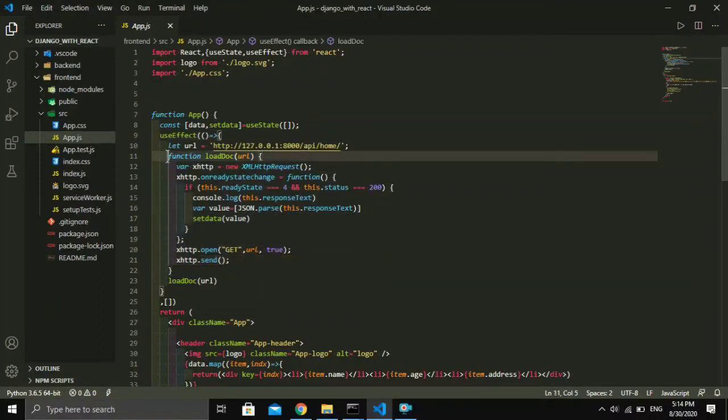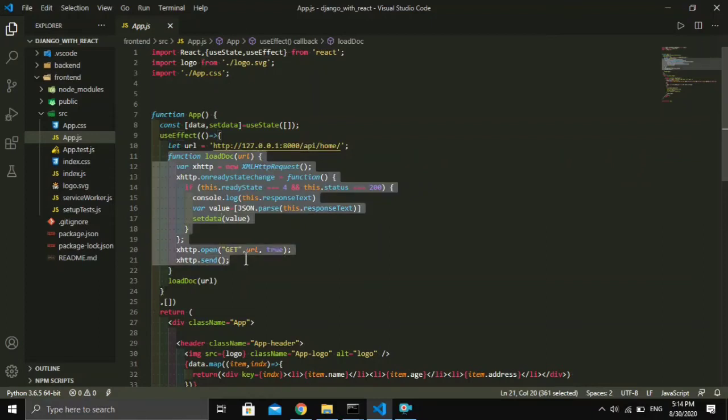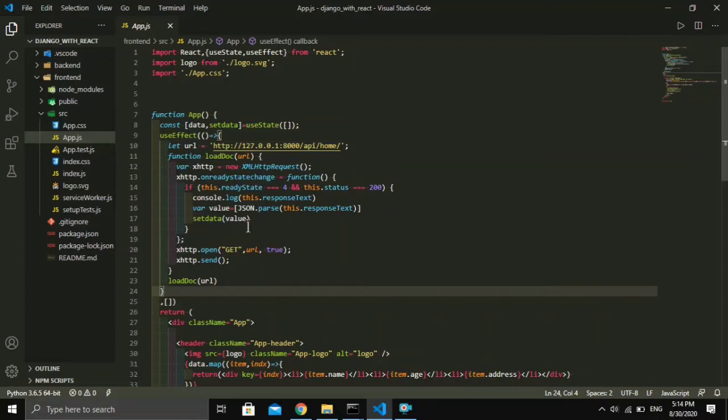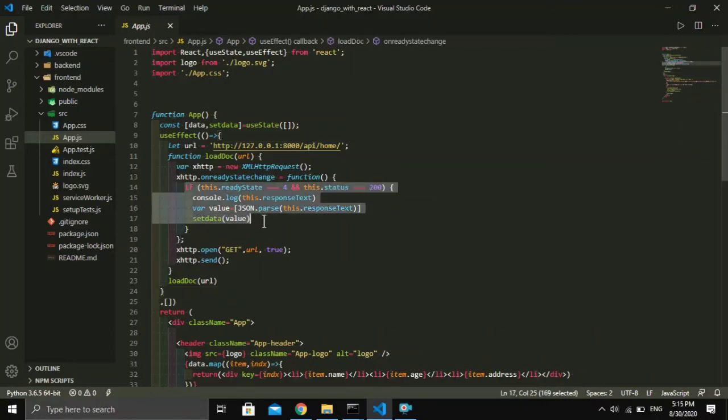With the help of this function, it requests this URL, forwarding a GET request. After forwarding the request, you can see it responds. This line of code is executed if our response status is equal to 200.